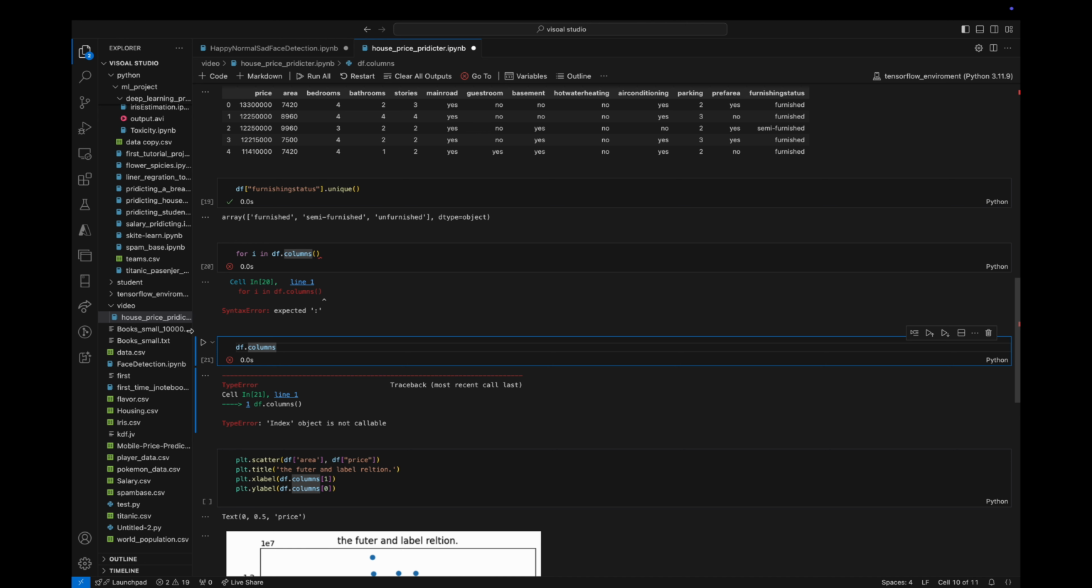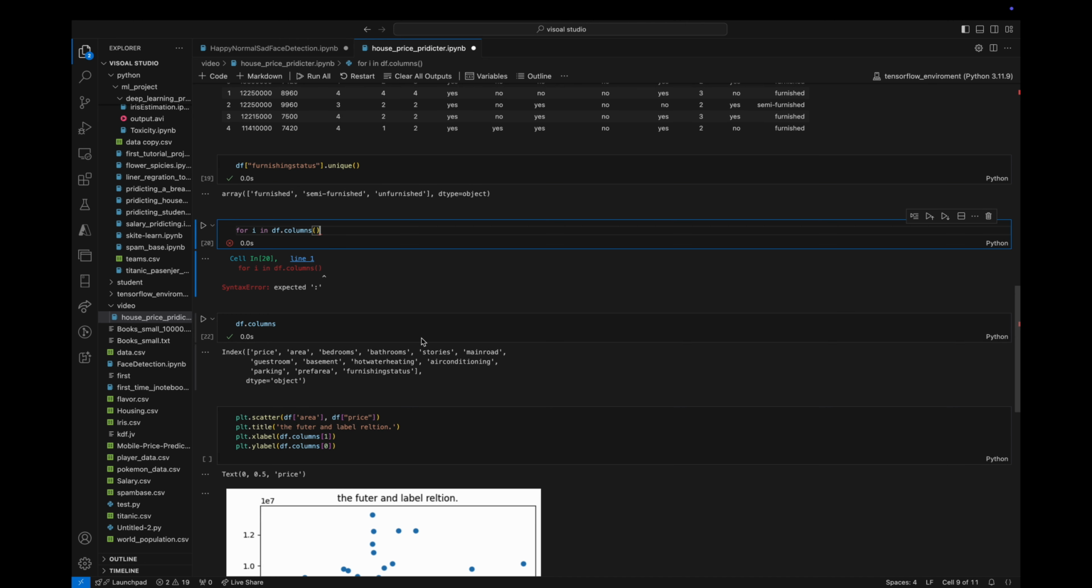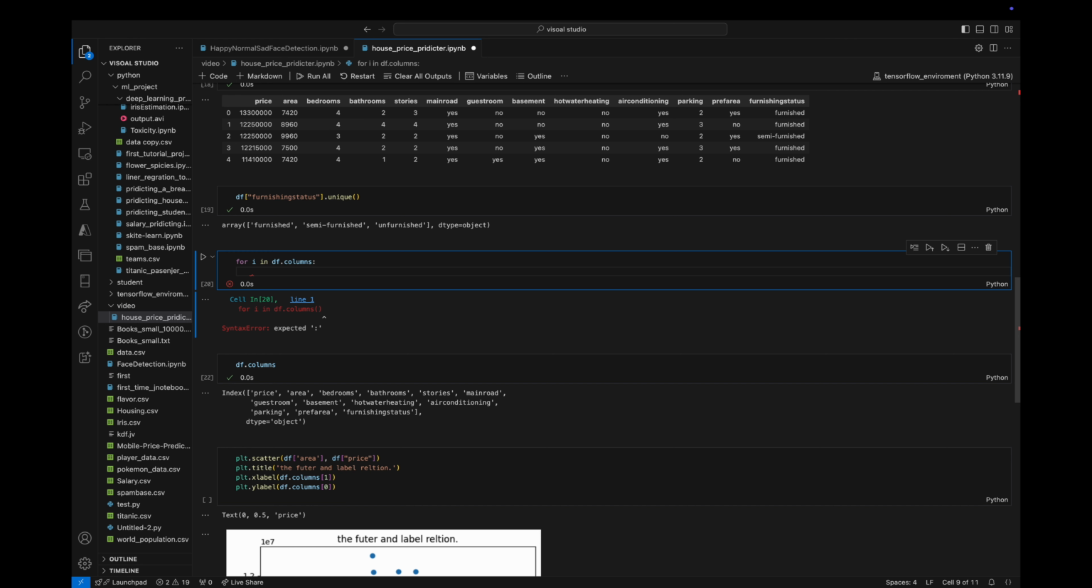Oh, I'm sorry. Okay, here I have a mistake. Okay, as you can see here, this is just a list of these columns, and we want to index this, and also I'll show you what we are going to do. And we want to index the columns, and then we want to replace